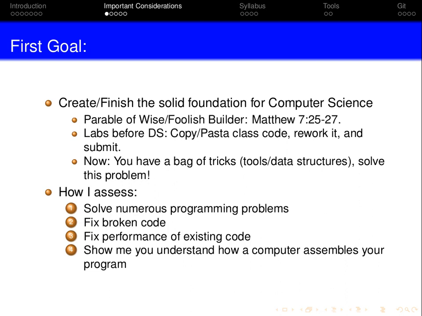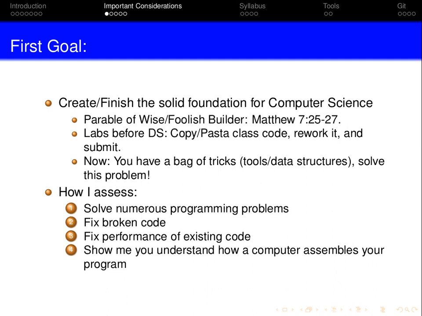Okay, first goal, just make sure we're all on track. We want to finish the foundation for computer science. So this class really is to sit down and make sure we have the foundation built. And in a way, pretty much all your other courses are going to come from this course. So we're going to lay down the basics of how programming works, how you think about it, how you should think about efficiency, how you do testing, how you set up different components. And then when you go into other classes like algorithms or architecture or software engineering, hopefully this course will lay